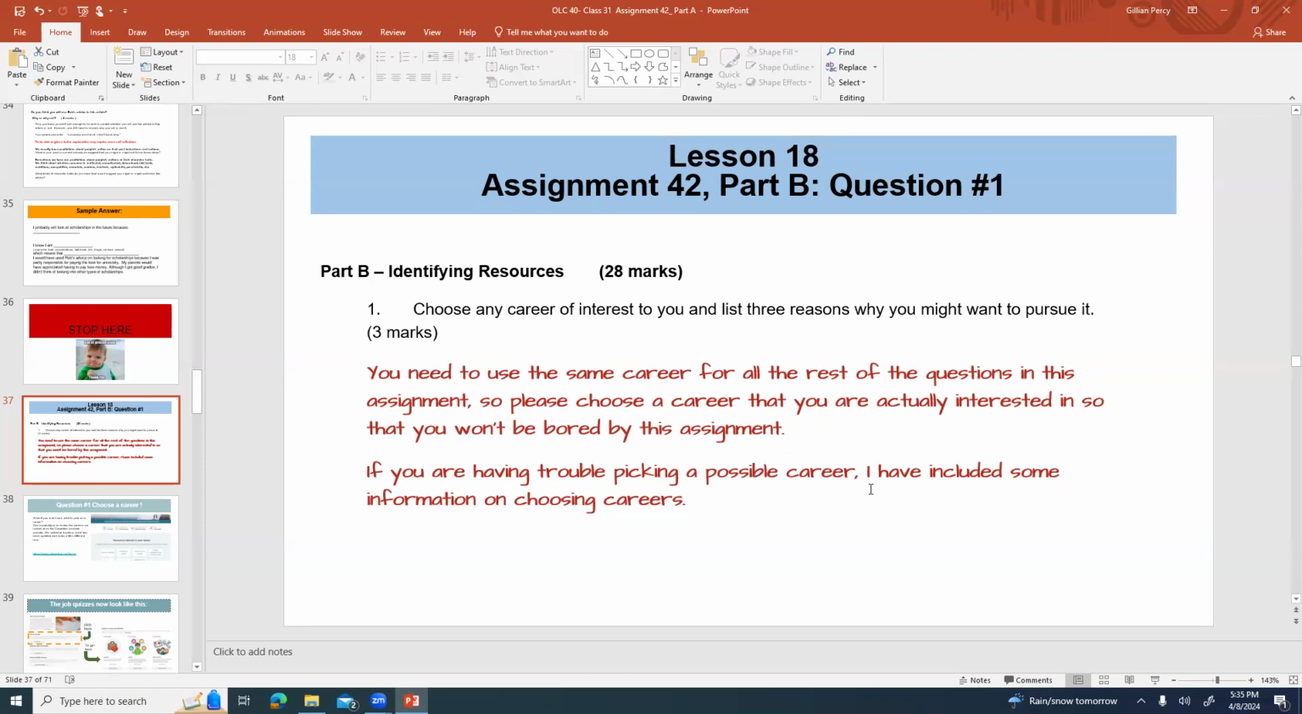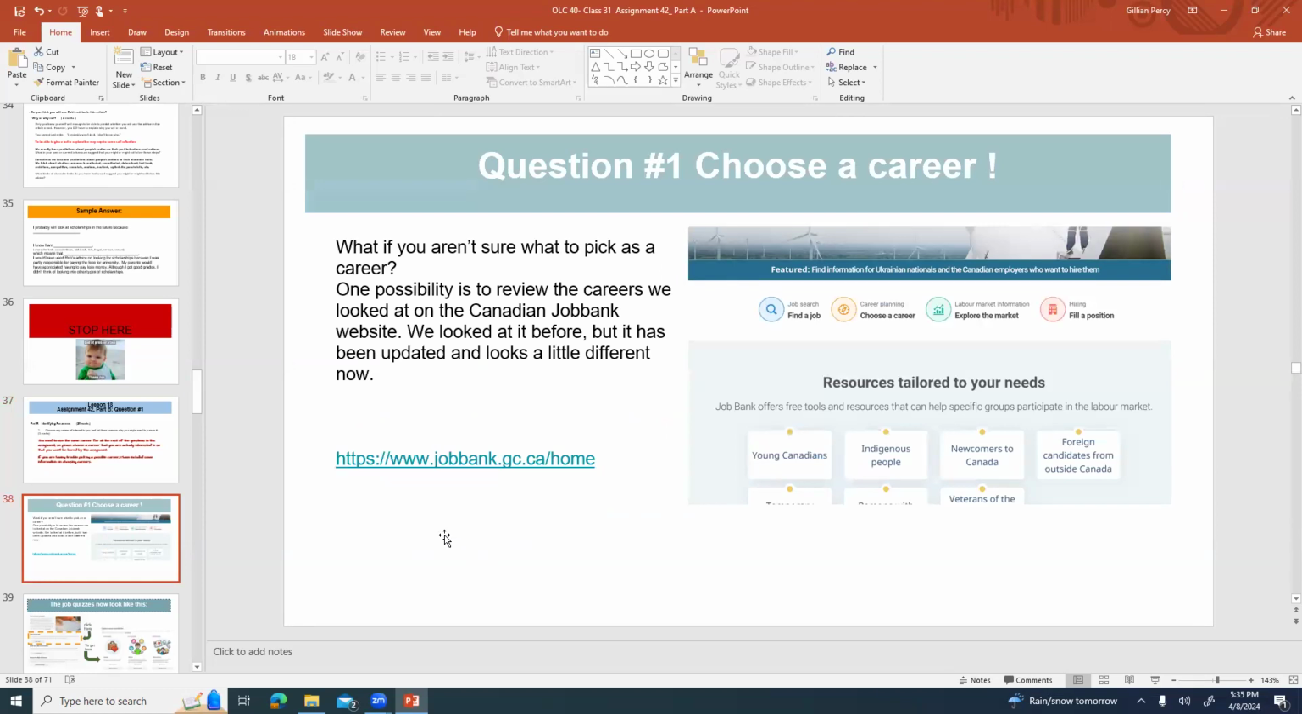If you're having trouble picking a possible career, I've included some different information on choosing careers. We looked at this earlier. It's the Canadian Job Bank website. They've updated it though, so it looks a little bit different than how it looked when we looked at it earlier in the year. Here is the new kind of website. If you go to the spot called Choose a Career, then